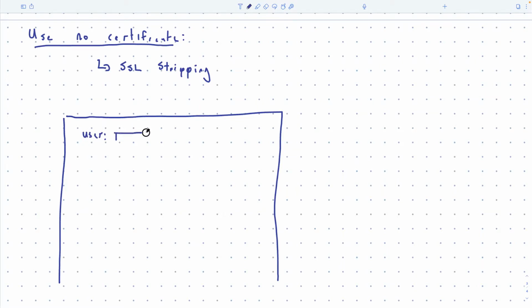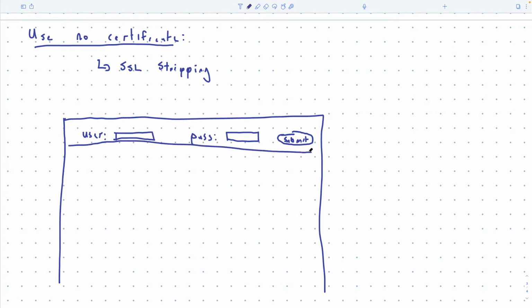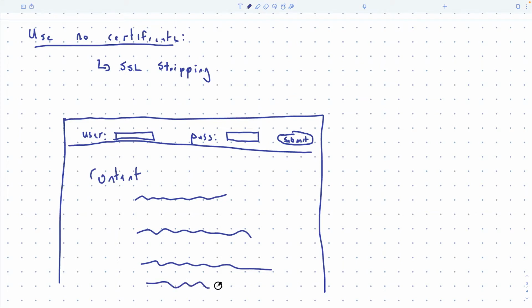So I'm just going to draw out an example that's sort of fictitious. Okay, so a lot of websites used to follow this sort of architecture.